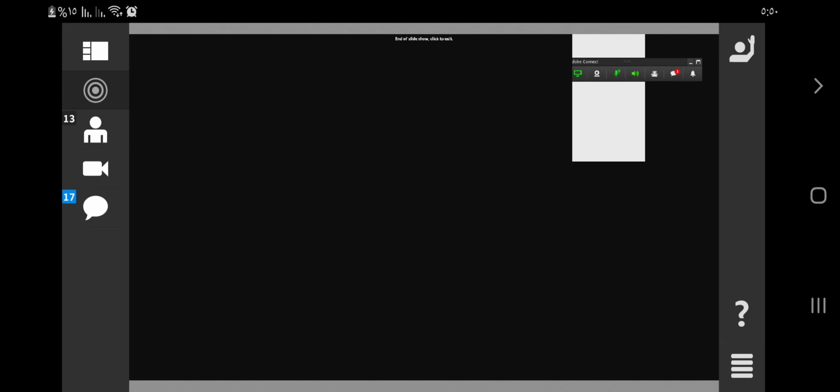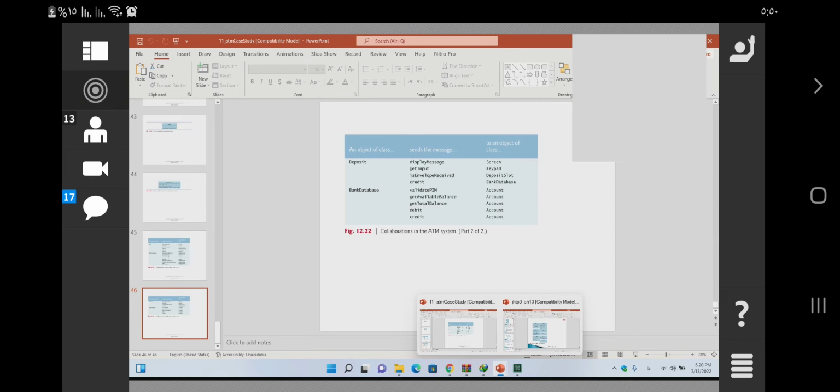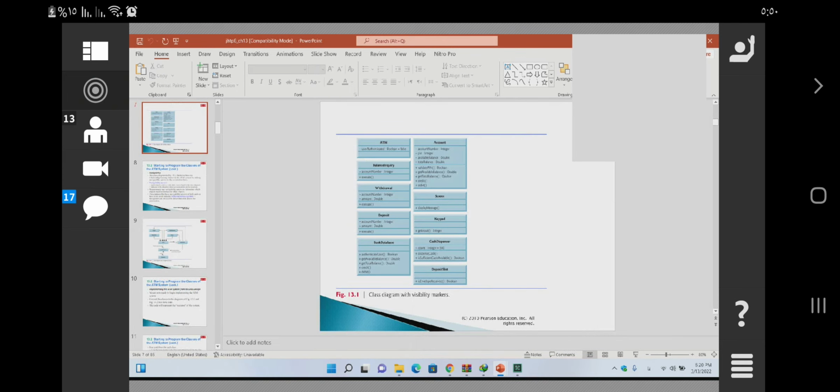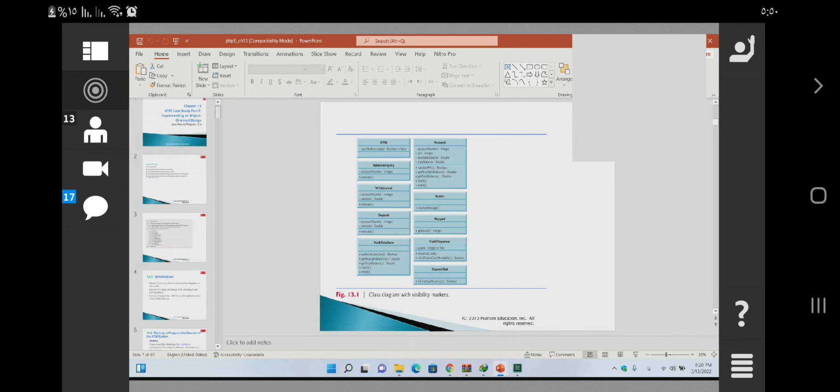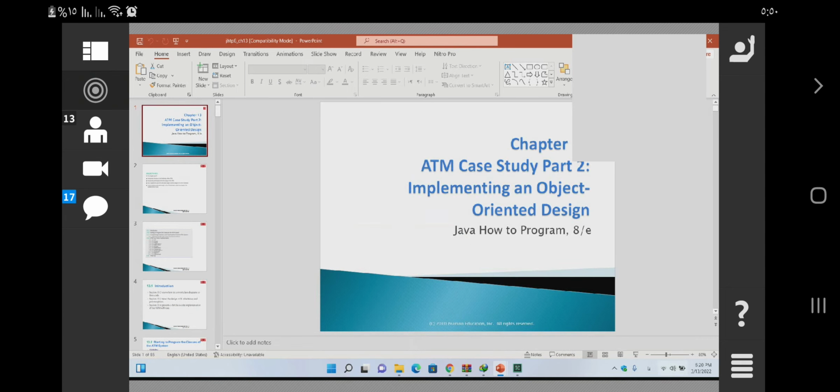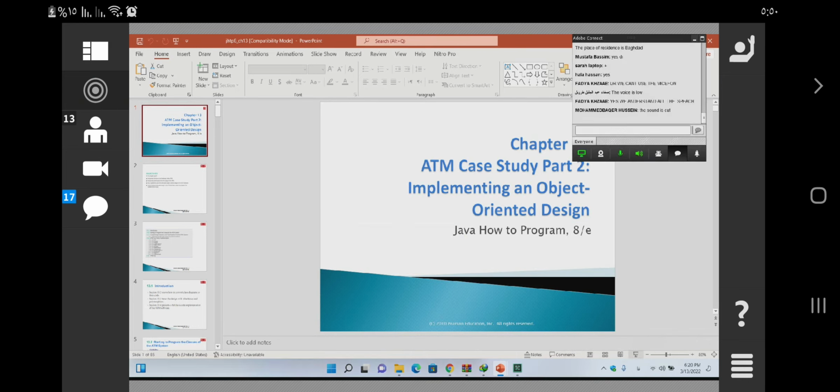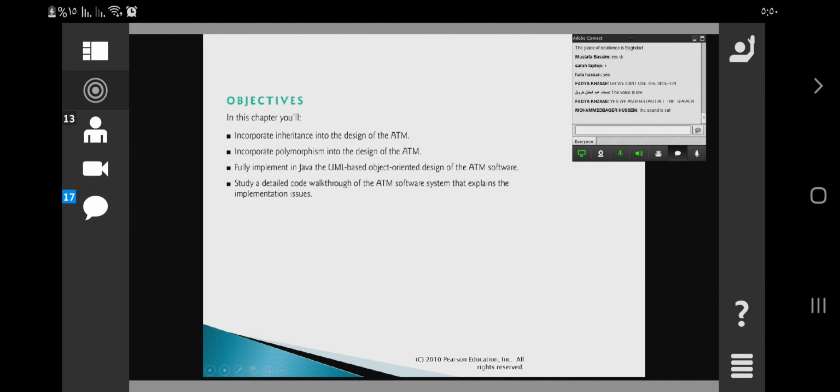This is the end of the first part of the ATM case study. I made a good summarization about part 1, but in the next part we will talk about some other aspects of object orientation, analysis, and design. Okay. In part 2,